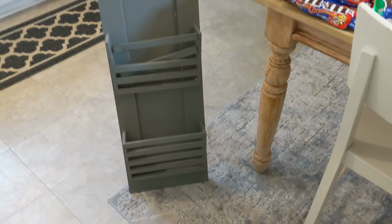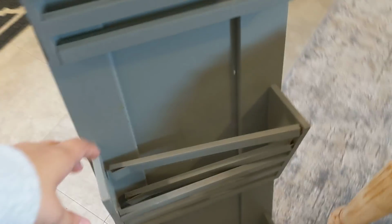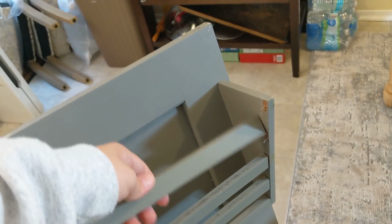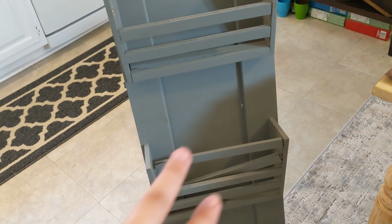Anyways, and then the last thing here is super cute. It is, I'm going to say like a letter organizer, something along those lines. The reason it was thrown out obviously is because some of them are broken. This one up here is missing one of its slats altogether, and I could not find it in the dumpster. I really did look. It just wasn't in there. I couldn't find it. So these two I